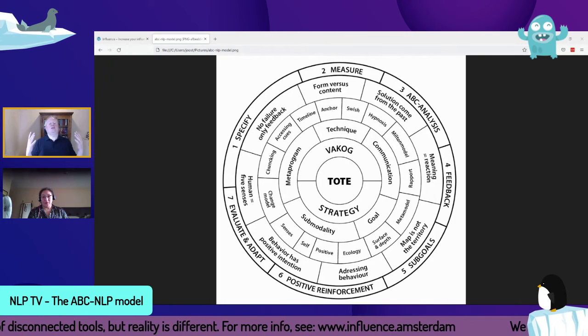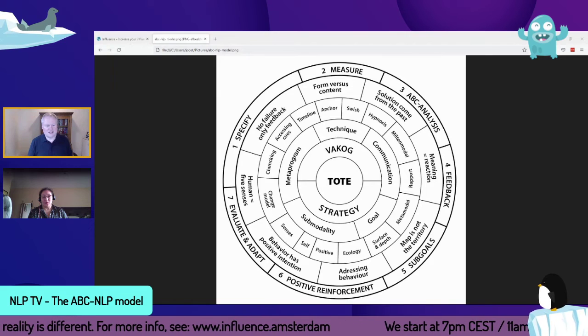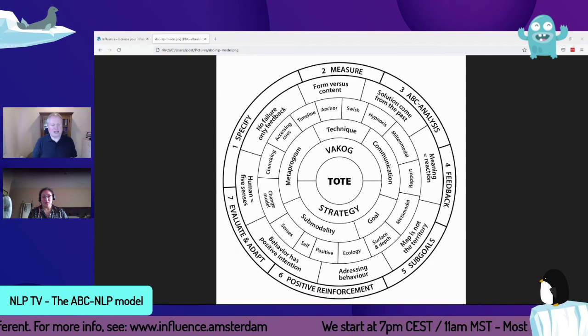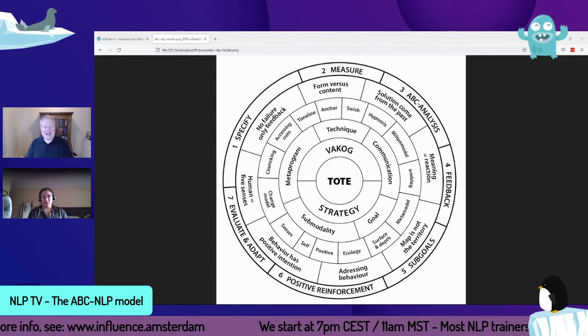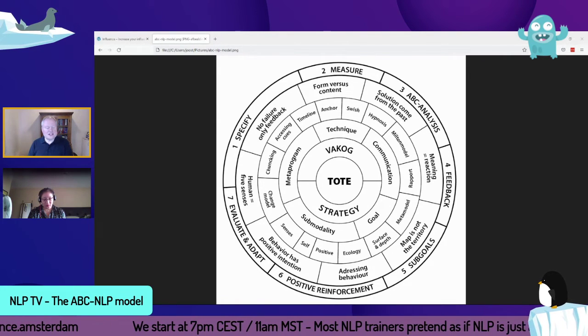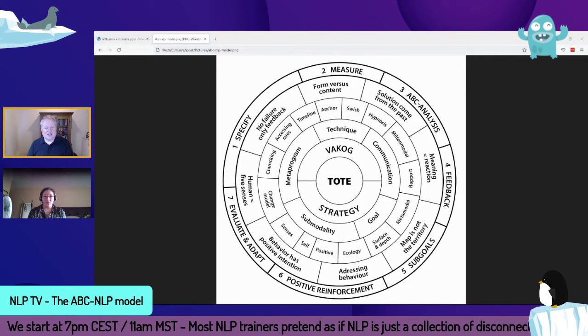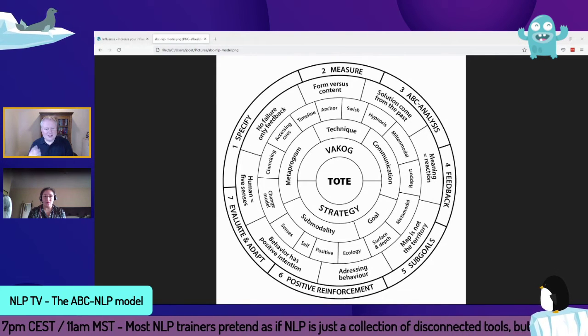And then finally, we have the TOTE model, which is also a scientific model. It was created in 1960 by a psychologist called Miller. And this is a cybernetic model to explain how systems, including computer systems, but also humans, achieve their goals by basically doing the following